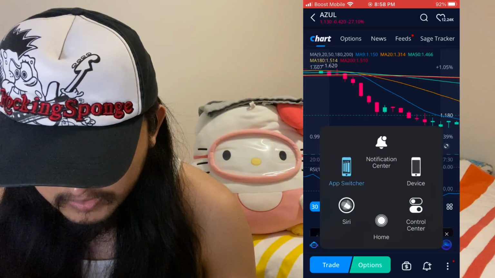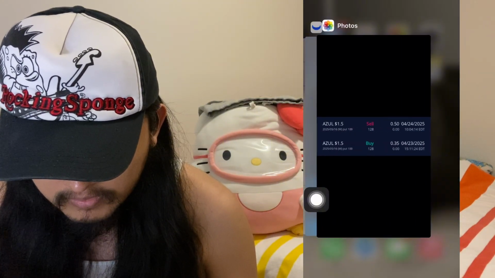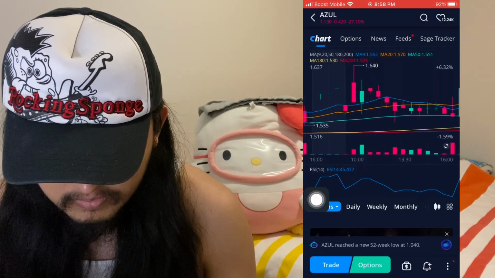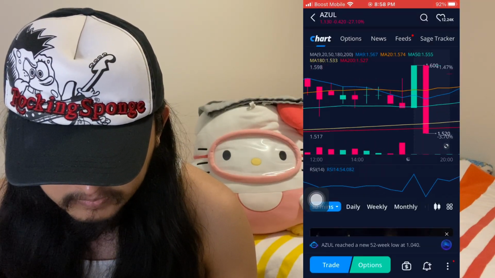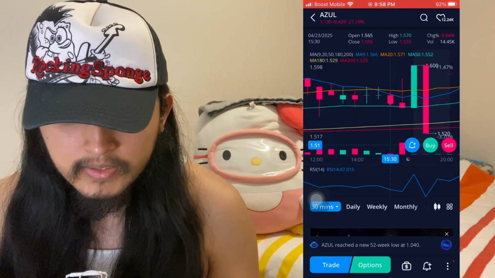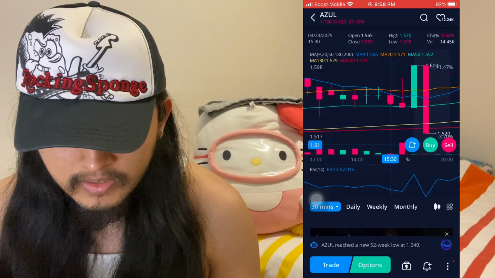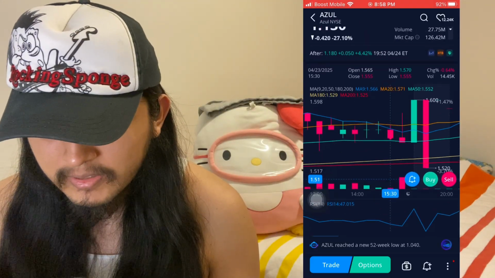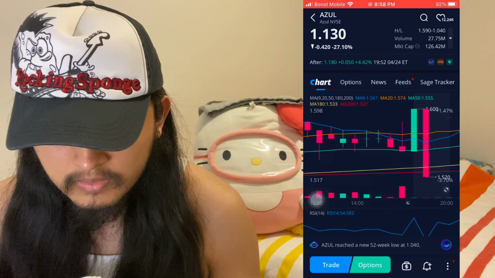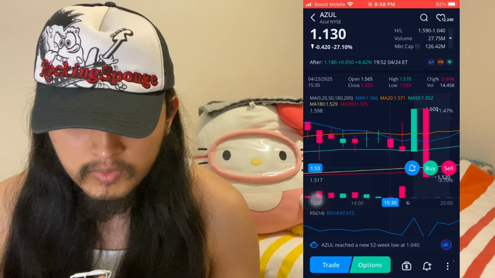So yesterday at 15:11 on the 30-minute time chart, which is this candle right here, basically what I did was I bought put options on AZUL, ticker symbol AZUL, as soon as it approached the